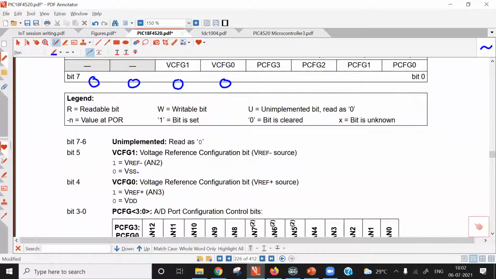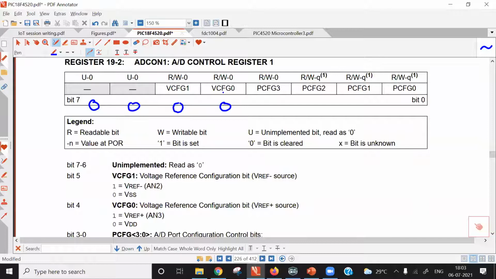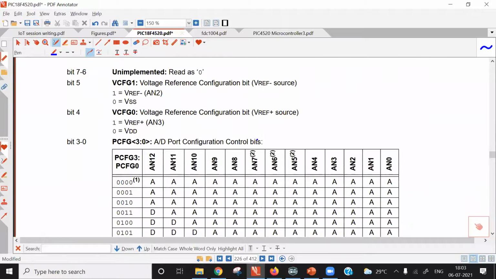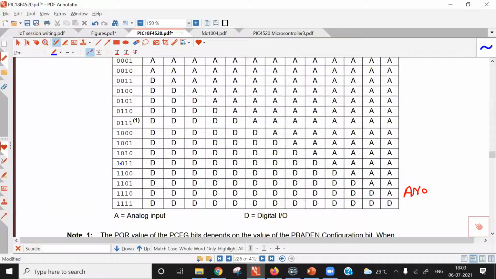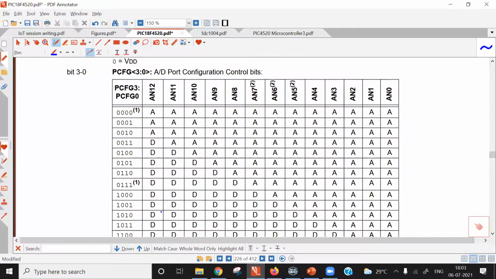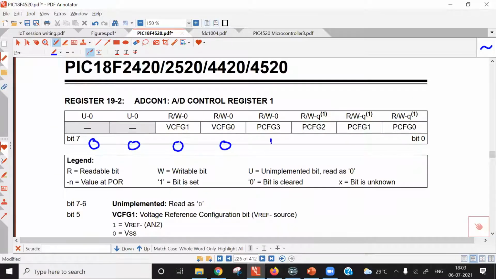So for on-chip ground and on-chip 5 volt selection, the VCFG1 and VCFG0 bits must be 00. The last 4 bits are used for deciding which pins are analog pins and which pins are digital pins. What we want is AN0 pin analog and the rest of the pins digital. So the last 4 bits must be 1110. So what is our code word here? 0x0E.